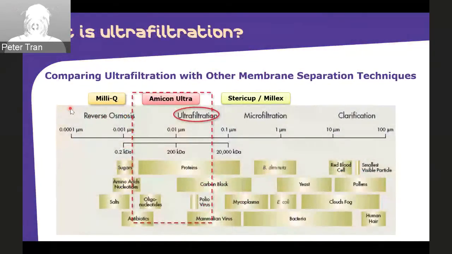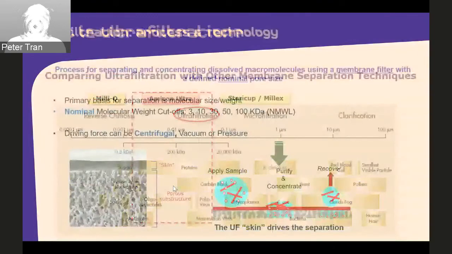Okay, let's talk about ultrafiltration. In the lab, you might use microfiltration using a syringe filter with a 0.2 or 0.45 micron pore size, just to remove bacteria, for example, or to do clarification. They call it microfiltration. Ultrafiltration has a much smaller, kilodalton pore size, so you can remove protein, nucleic acids or viruses, very small particles. And the separation is based on the size of the molecule.